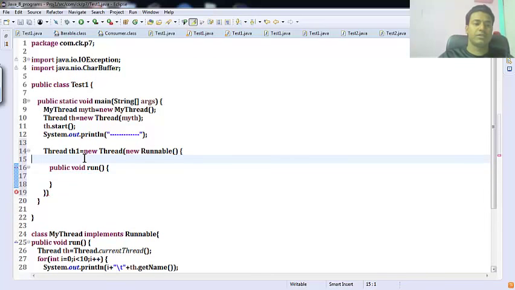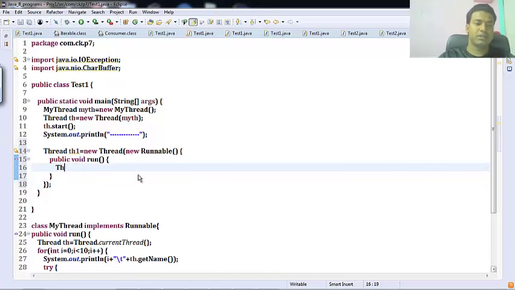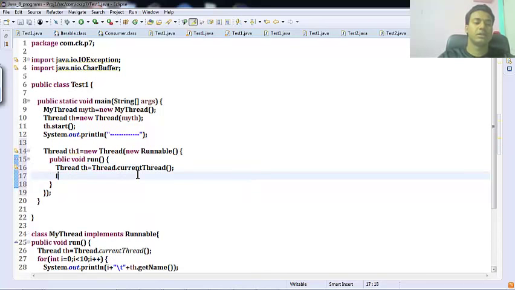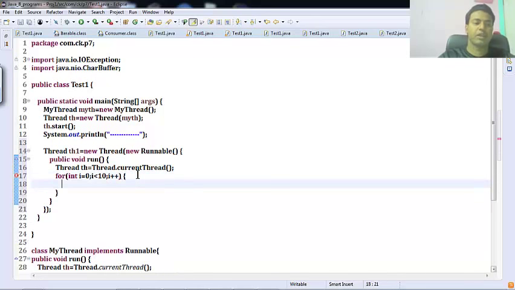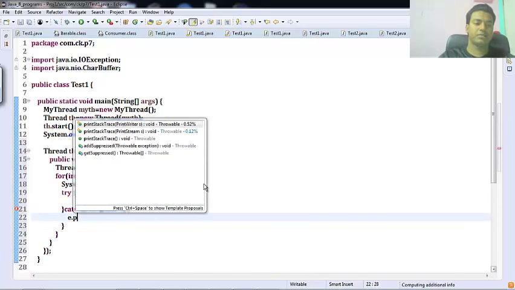Give the anonymous class here, and in that again you give the same implementation: get the current thread, give a for loop int i equal to 0, i less than 10, and i plus plus. In that it should print i plus one tab space and plus Thread.getName I need to print, right? And the thread also should go to sleep state for some time, so exception e, and just print the stack trace,